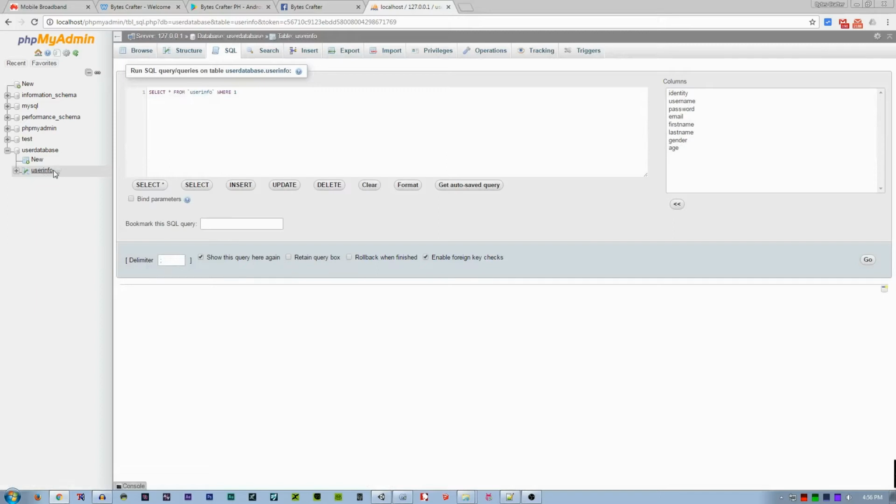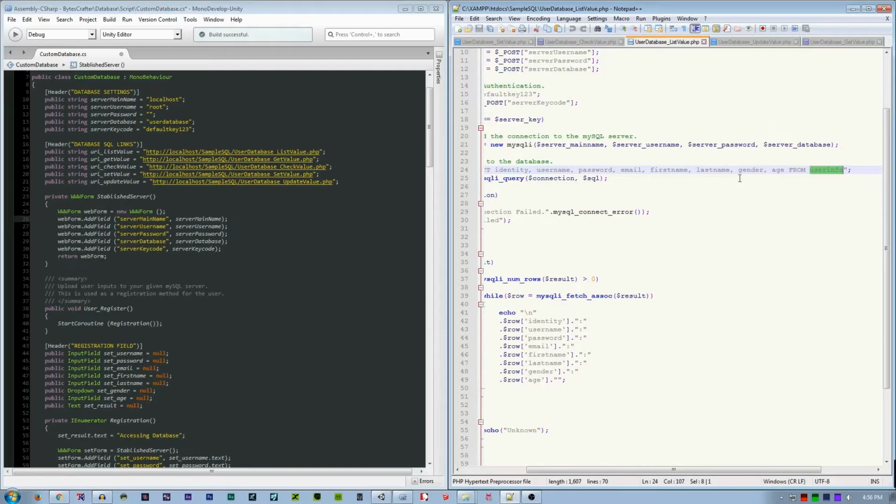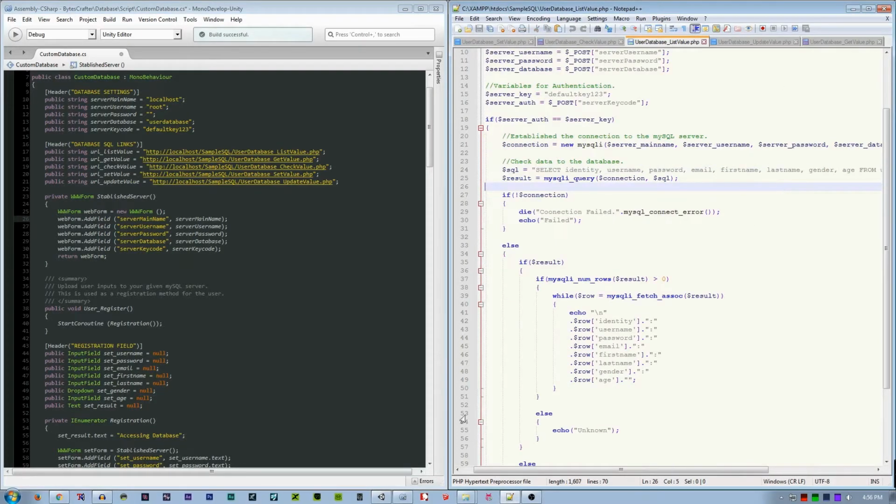I'm sorry, the user info. If I click this, we can access this just by typing here. And then continue. Result is equal to MySQLi query using the connection and SQL.